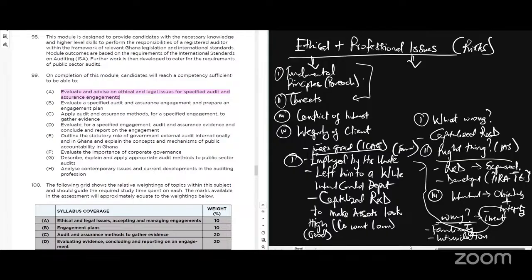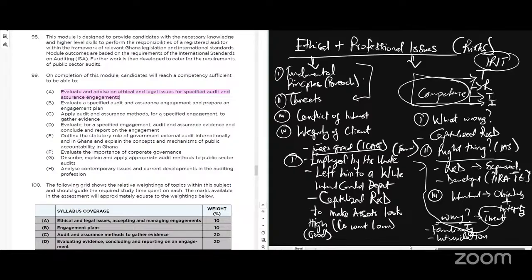Three, he's a fresh graduate. Maybe he only just started. That means he may have done it unintentionally. And if unintentionally, it means that his competence is also at stake. And what may cause his competence to be at stake? Maybe he lacked sufficient time, resources, training, or information, or supervision, which are all part of the threats. Training comes under supervision. So if this guy didn't have all these things, that could have led to a breach in competence.